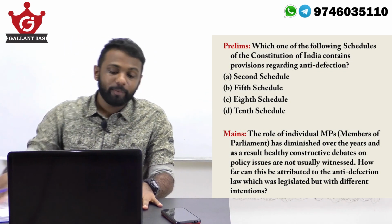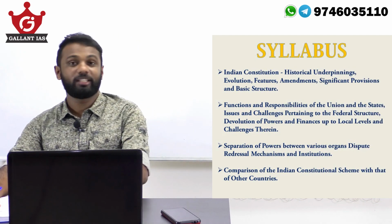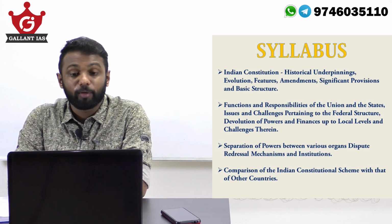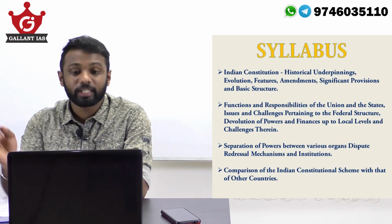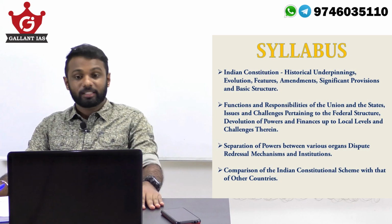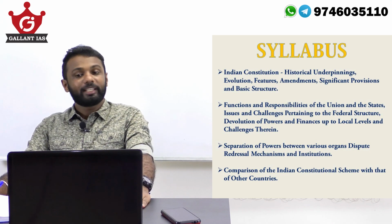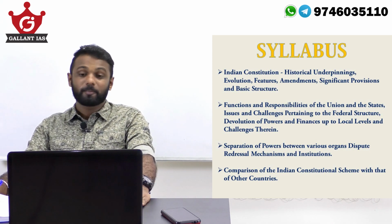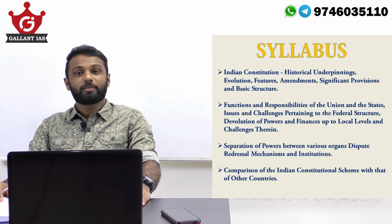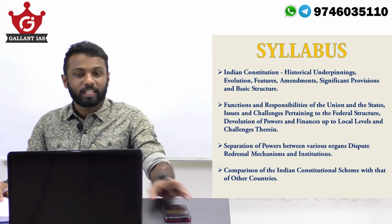For that, we must know the exact syllabus to be studied. So UPSC provides us with a syllabus for GS2, that is Indian polity. It reads Indian Constitution, that is historical underpinnings, evolution, features, amendments, significant provisions and basic structure, functions and responsibilities of the Union and states, issues and challenges pertaining to the federal structure, devolution of powers and finances up to the local levels and challenges therein, separation of powers between the various organs, dispute redressal mechanisms and institutions, comparison of Indian constitutional scheme with that of other countries,